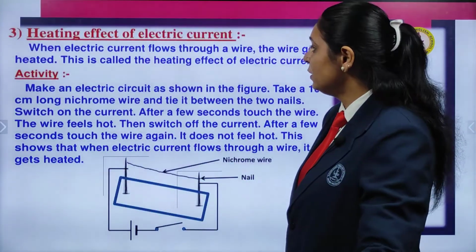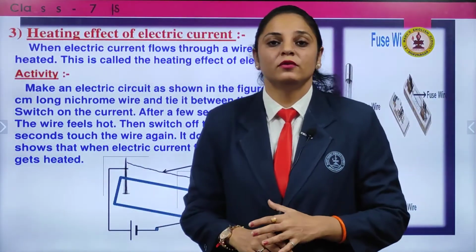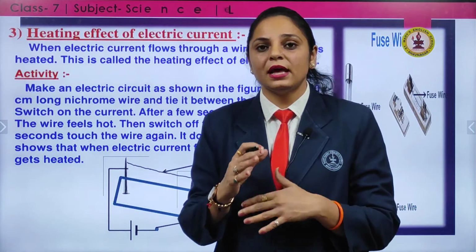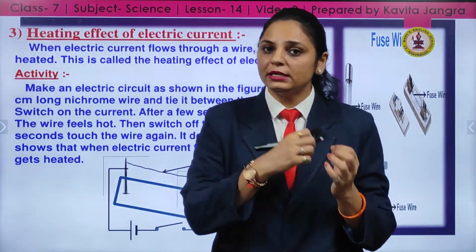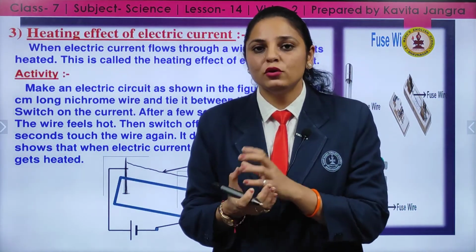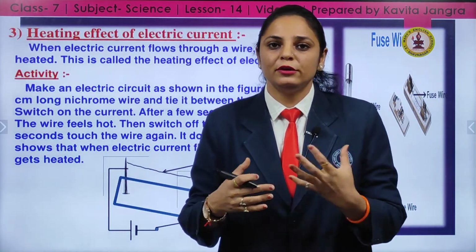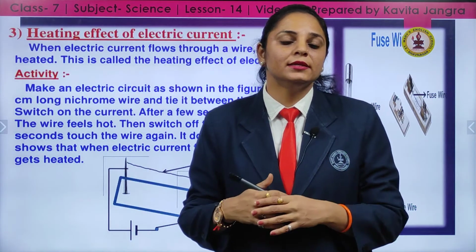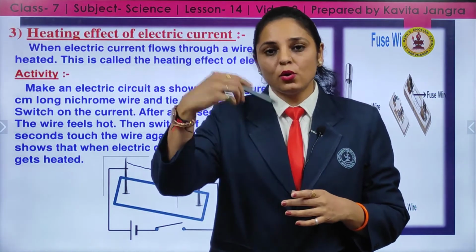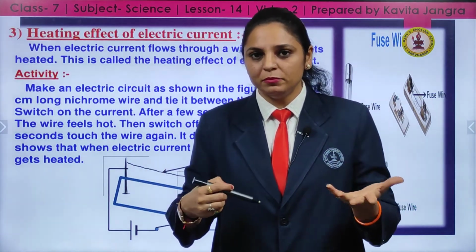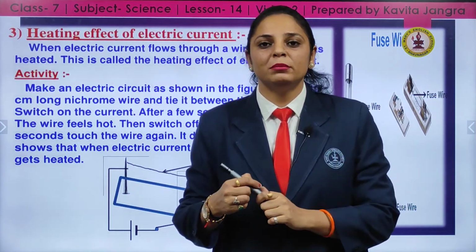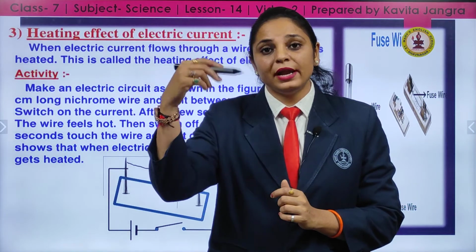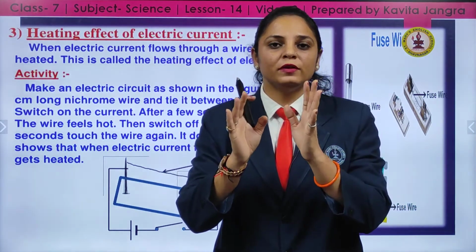Now I will explain what the effects of electric current are. First is the heating effect. How would you know the heating effect due to electric current? If you glow the bulb in your home, or run an appliance like an electric heater, you see there is a coil, like in the bulb there is a tungsten filament. When the electric current flows through that filament, the filament gets red hot, and that red hot filament emits the light.